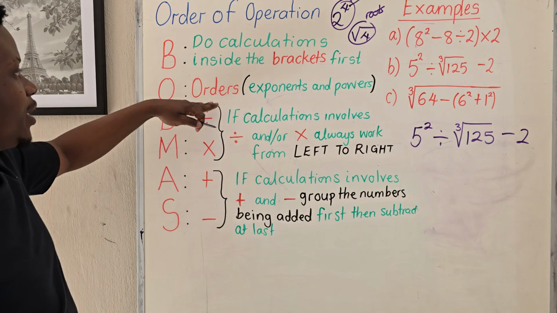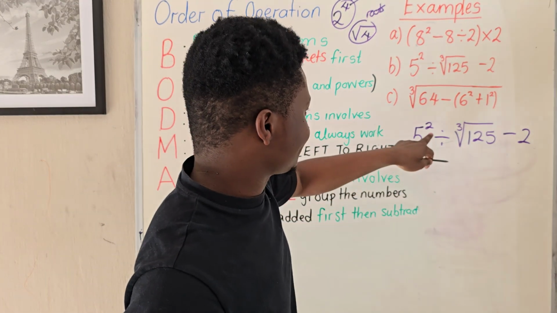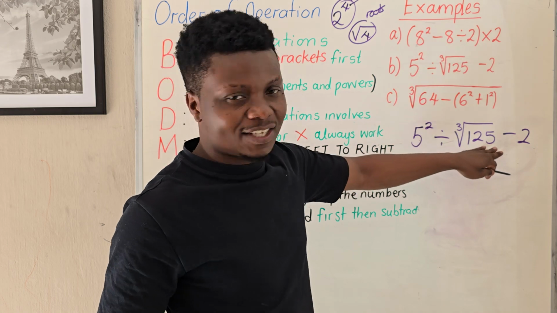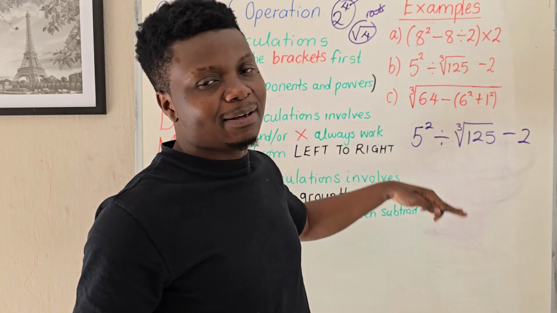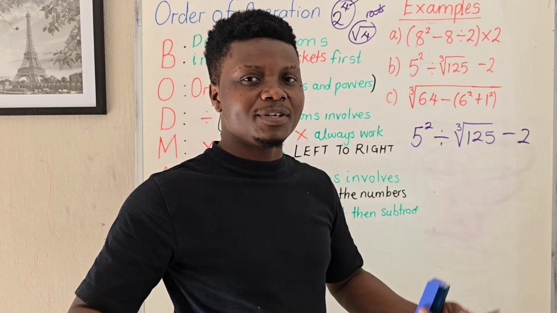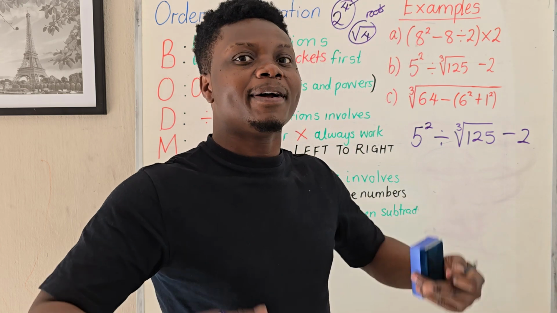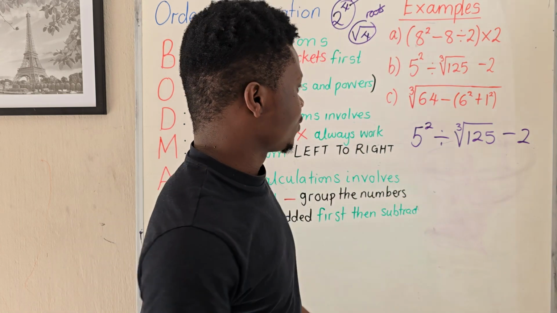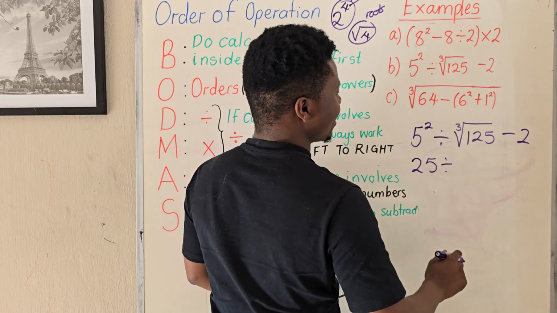Second step, check your orders. Do you have powers? Do you have roots? Yes, this is a power, this is a root. And I'm going to make separate videos about the roots and the powers. But in short, 5 to the power of 2 means multiply 5 by itself 2 times. Not 5 times 2, but 5 times 5. So we know 5 times 5, that's 25, divided by